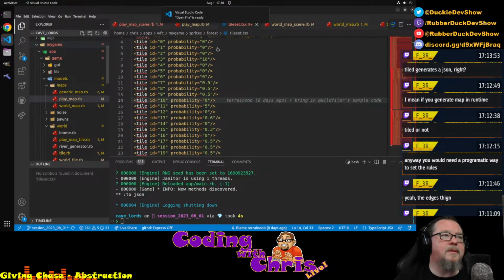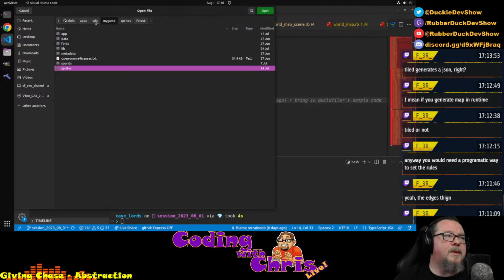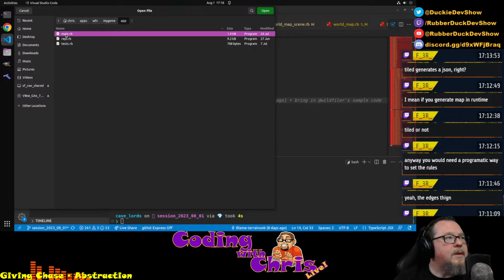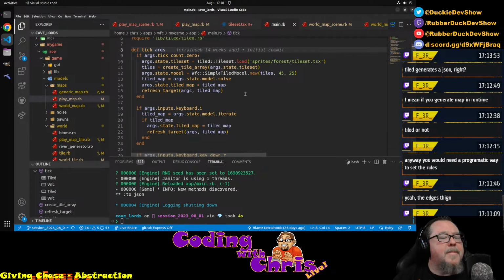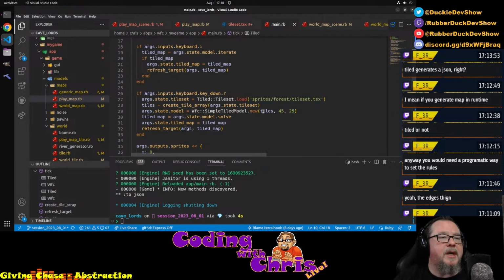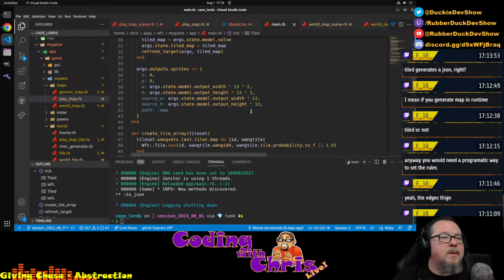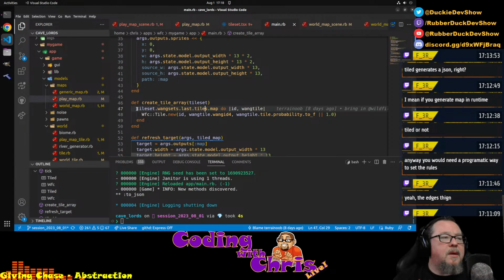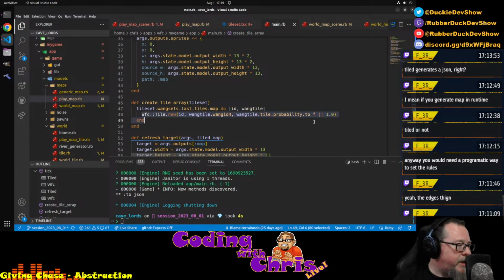If we look at where is... so he's pulling the tile set TSX out of here and loading it. So this tile set thing, I think, comes from his DR tiled. And he's pulling the Wang sets ID and Wang tile. All right, so that's where he's actually generating the rule. Right there, and then